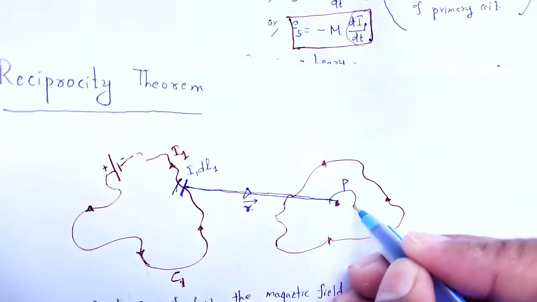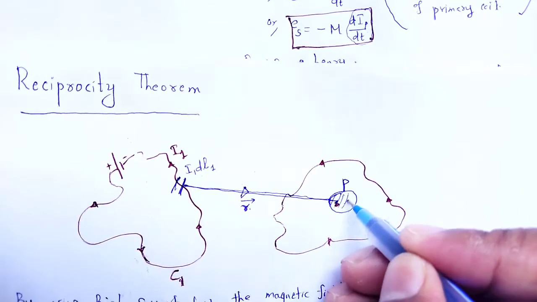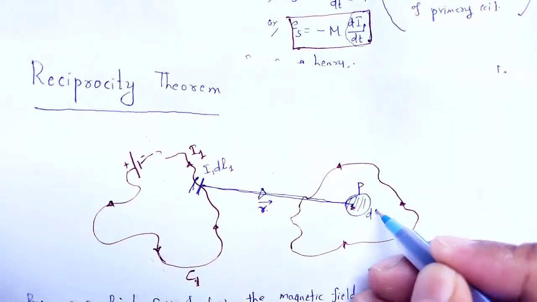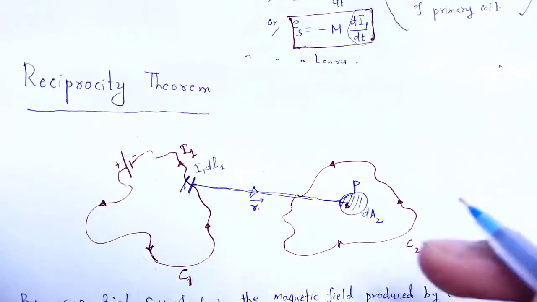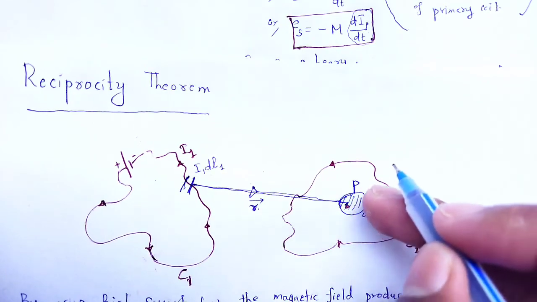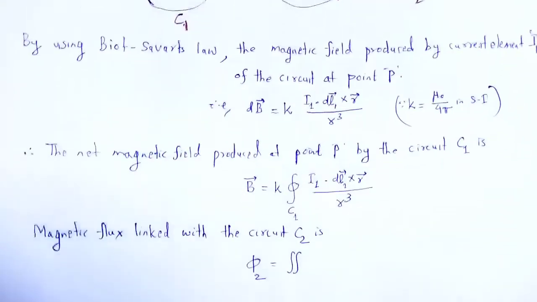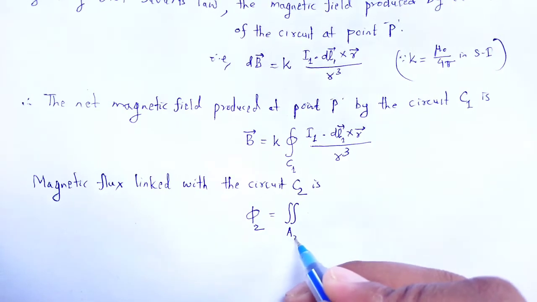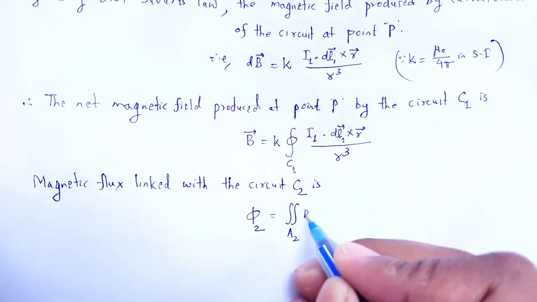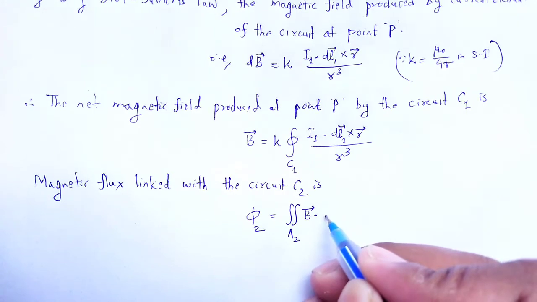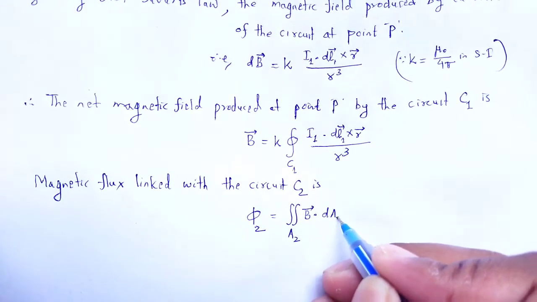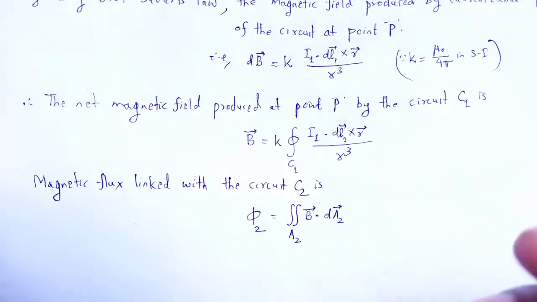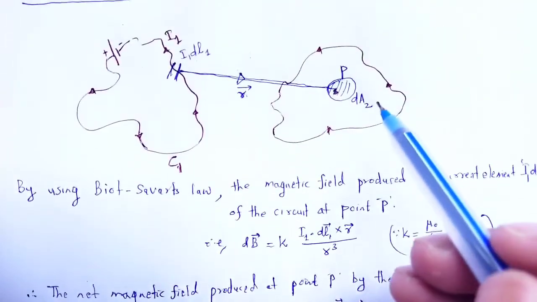Here we choose the surface element as dA2, a small surface of circuit C2. Area integration of magnetic field dot product with that area. This is the flux linked with circuit C2,